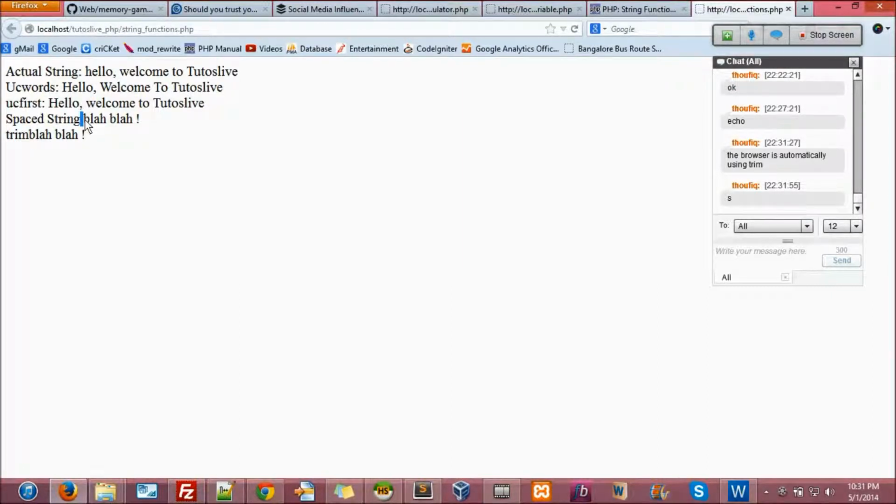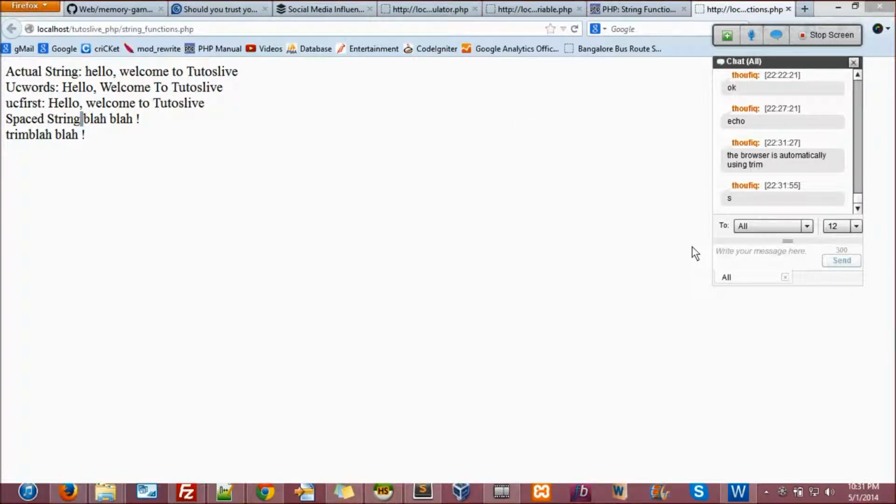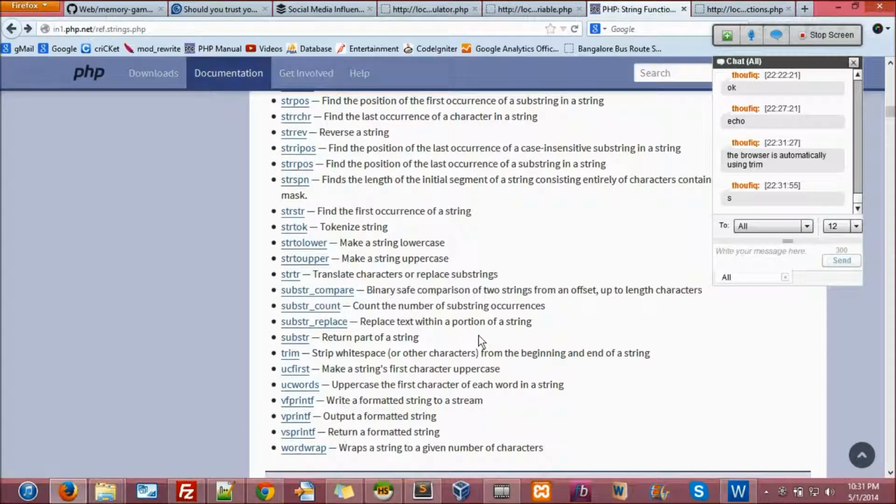So that is how you just walk through all the functions. Don't worry. You see all the functions. You just watch this video tomorrow if you can't memorize them, or if you want to write them somewhere, you can write them somewhere too. I'll just read out the functions which are really important. So how do you want to do? You want to write them out, or you will watch the video later?